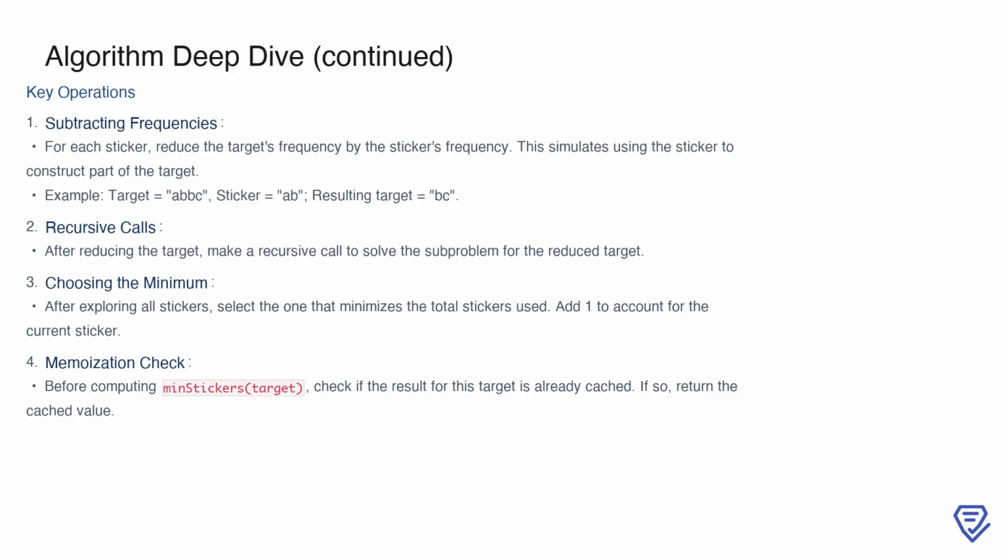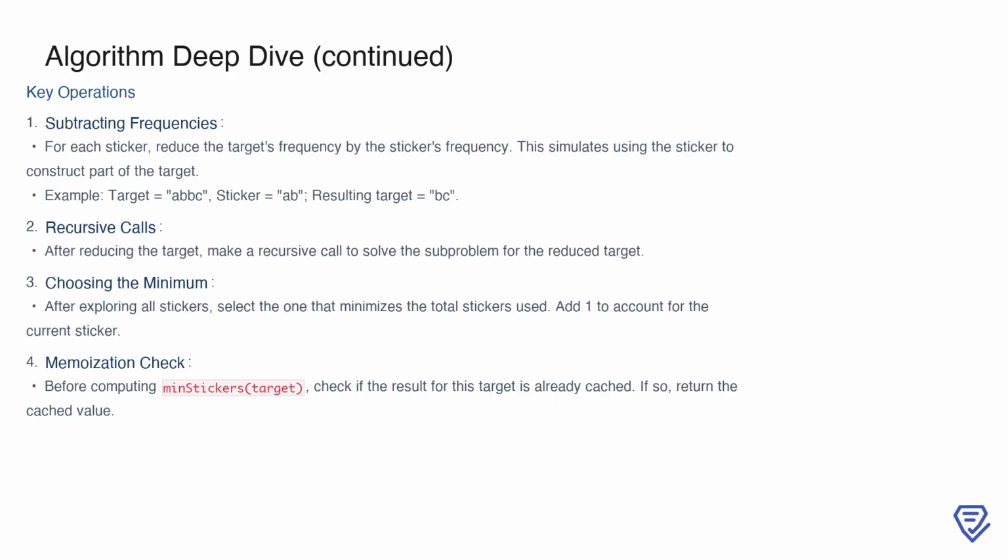The algorithm relies on several key operations to manage and reduce the target string efficiently. One of the main operations is subtracting frequencies. For a given sticker, we reduce the target's frequency based on the characters the sticker provides. For instance, if the target is abc and a sticker contains an A, the resulting target becomes BC after subtraction. Once the target is reduced, a recursive call is made to solve the subproblem for the smaller target. After exploring all stickers, we choose the one that minimizes the total stickers used, adding one to account for the